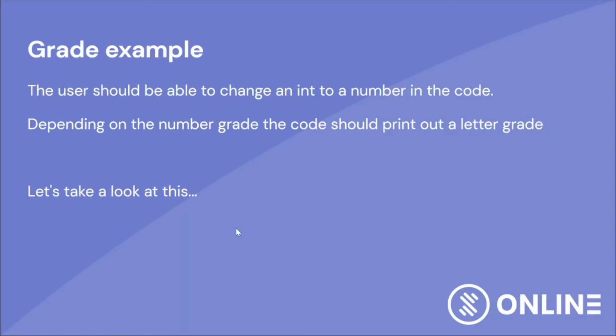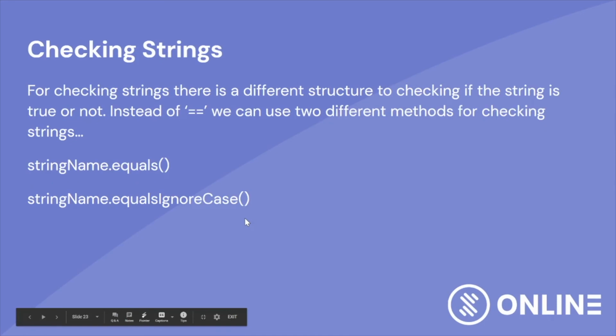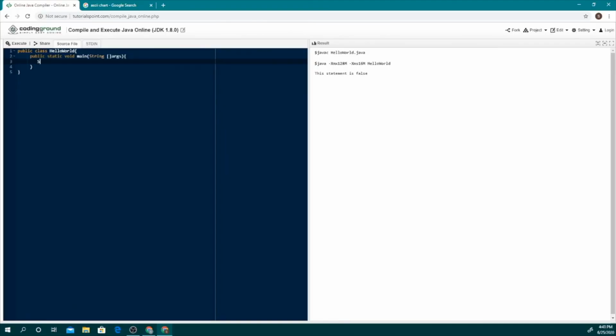Great. So as you might have noticed, we are not checking strings, because for checking strings, we do not use the equal equal. We use the dot equals modifier, because this is not a primitive data type. A string is more complex. So we can use the dot equals